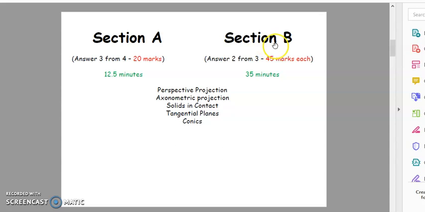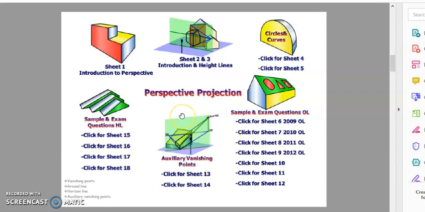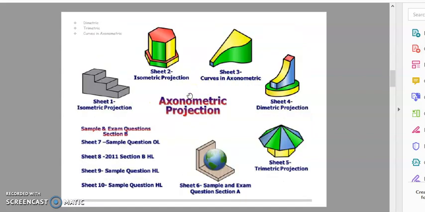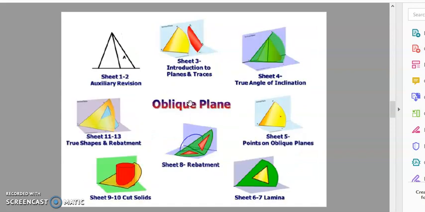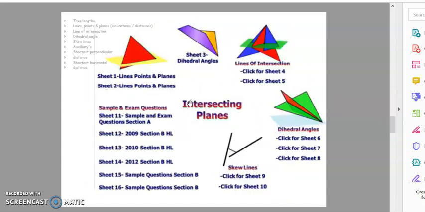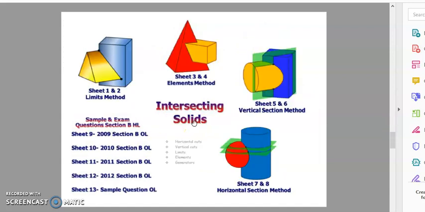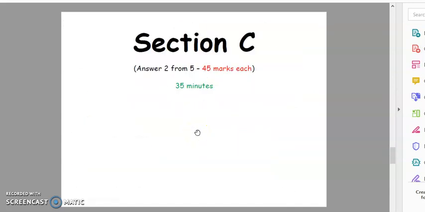So from a theory perspective, you'll have your section A, your section B, and your section C, and I'm just going to flick through now quite quickly some of the topics that you will be going through, such as perspective, axonometrics, solids in contact, tangential planes, and conics. So whoever has taken technical graphics from first to third year might recognise the topics such as perspective, axonometric projection, conic sections, oblique plane, which will be relatively new, intersecting planes, which will be completely new, intersecting solids, and our